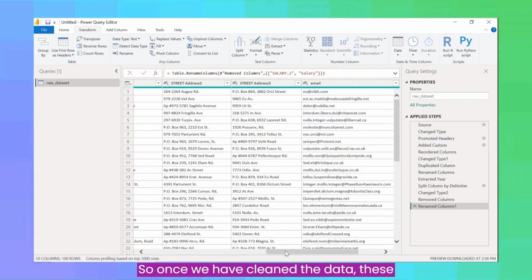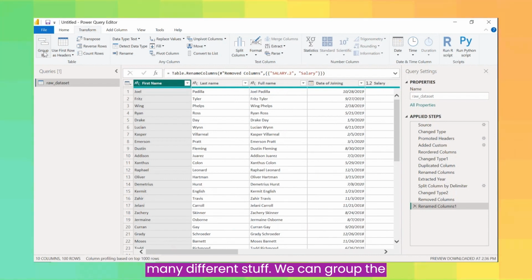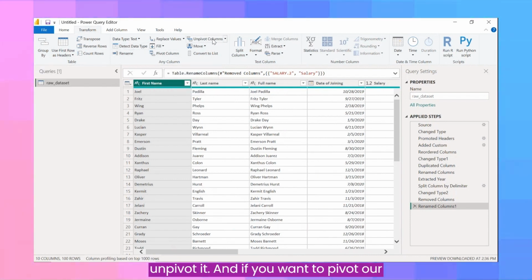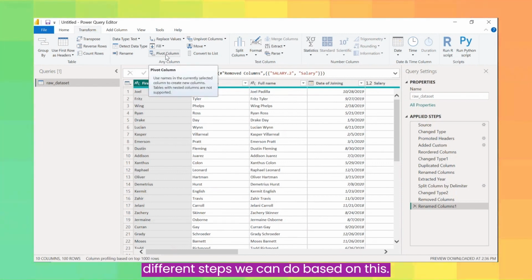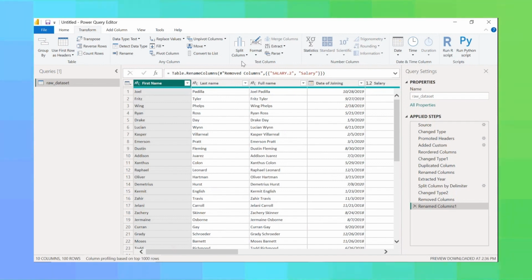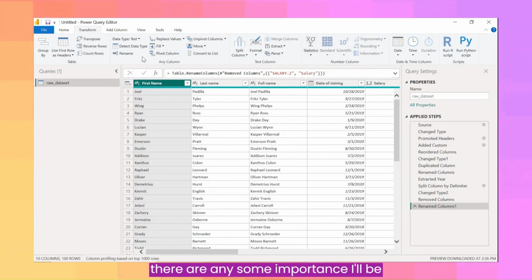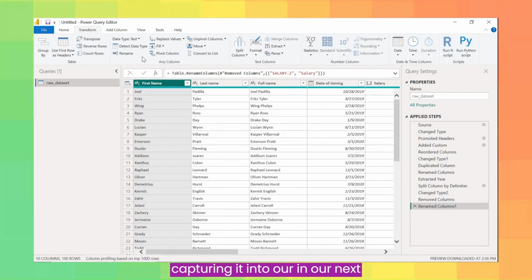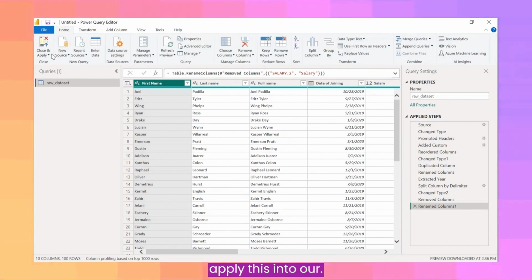So once we have cleaned data, these are a few of the cleaning steps. We have many different steps. We can group the data, and if it is pivot data, we can unpivot it. And if you want to pivot the whole data, we can do that. There are different steps we can do based on this. I won't be covering the whole thing. If there is some importance, I'll be capturing it in our next episode. So this is for today, and I'll also show how we can apply this into our